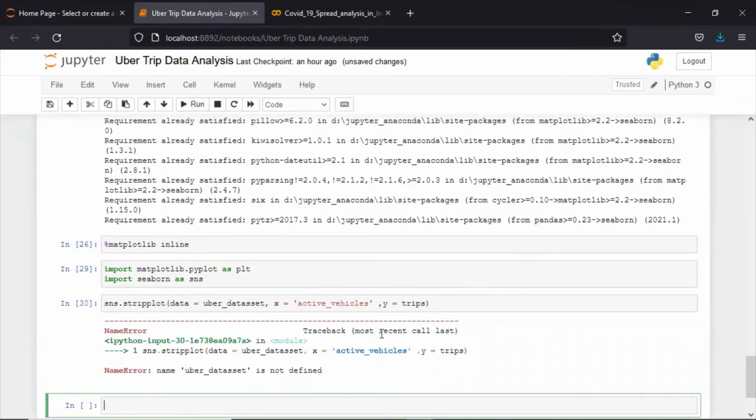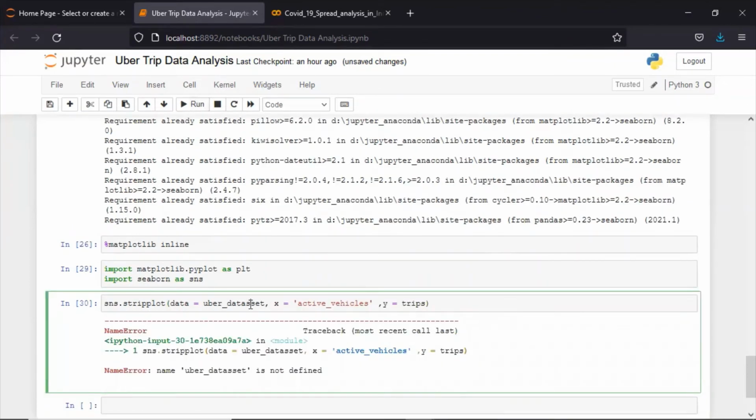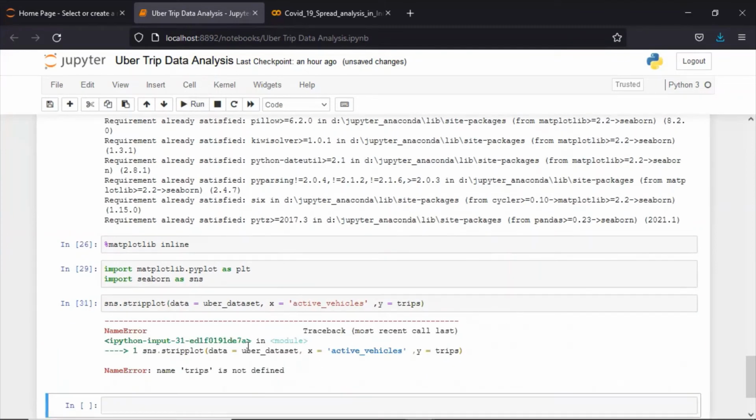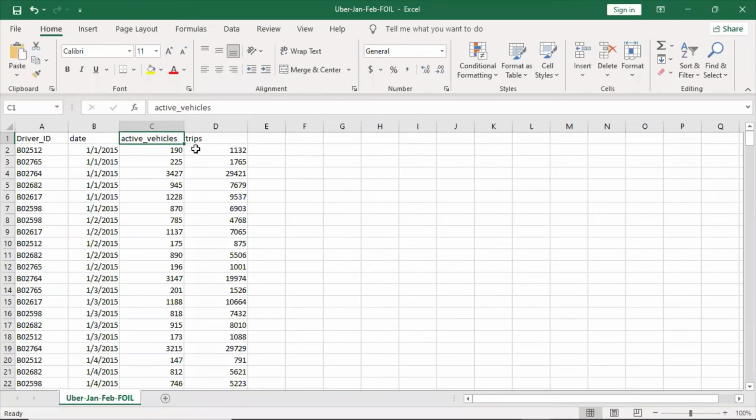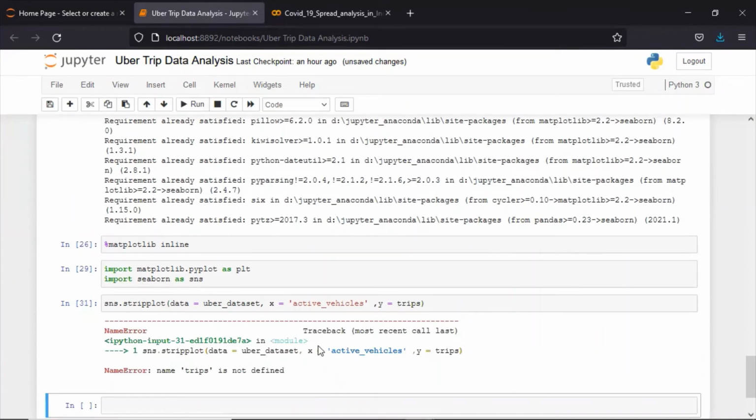So it is giving an error. Okay, here I have taken the wrong spelling again. So take the correct spelling here, trips. Okay, let me check the spelling here. Okay, yeah.